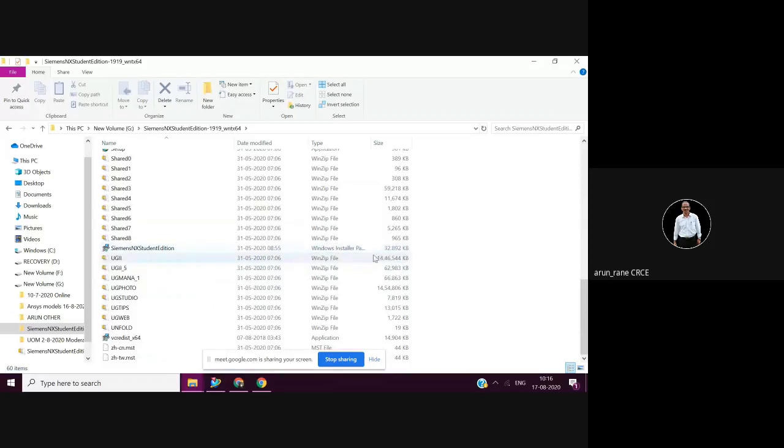So if you unzip it, and in the folder you can see these four, that means your downloading is correct. Now what you have to do, you go here first, Windows installer package, and you double click on this. Okay, so now the installation will start. The initial part was only downloading. Now once you double click here, it will install.